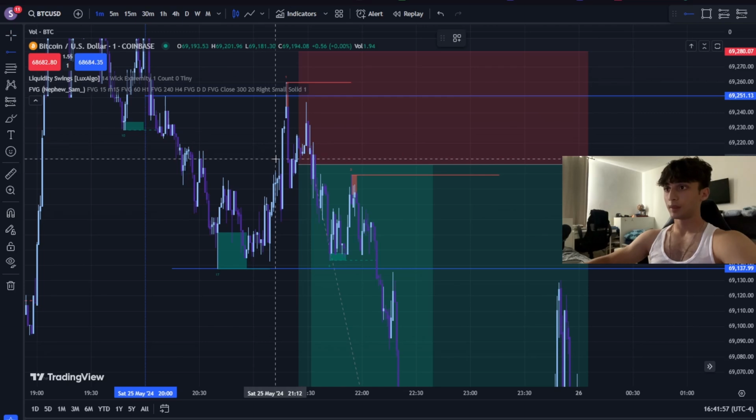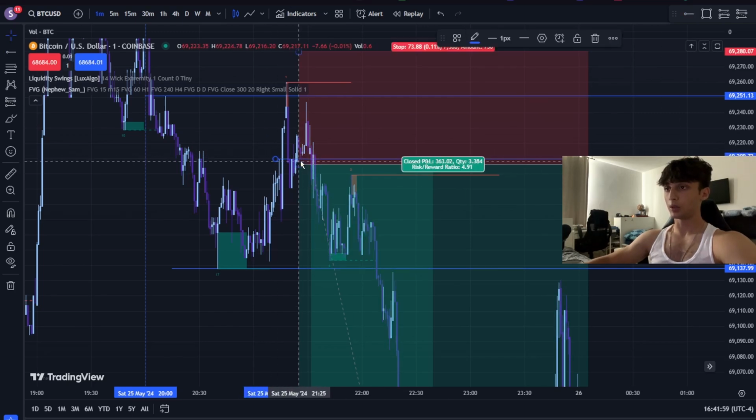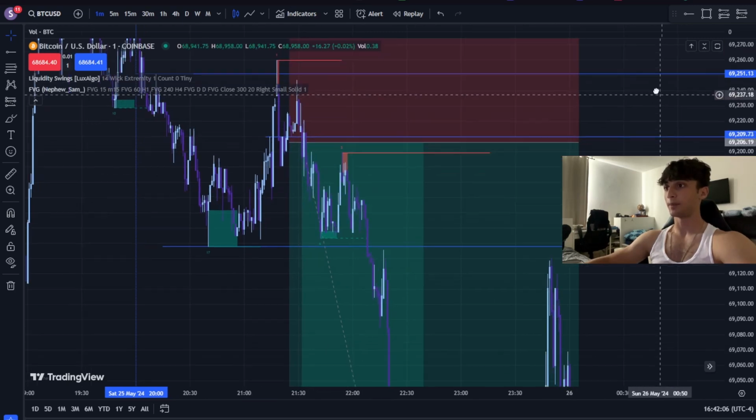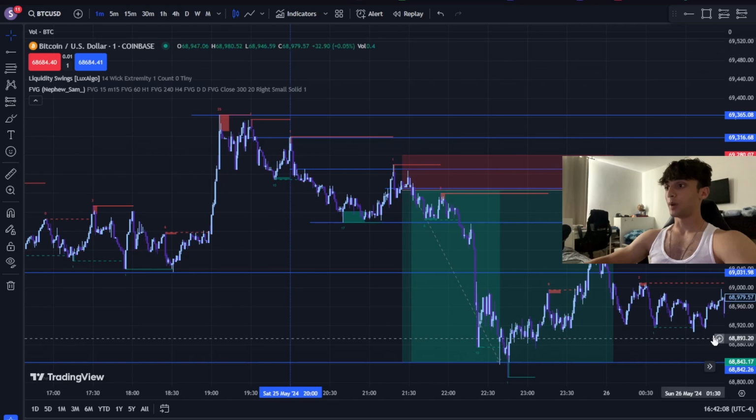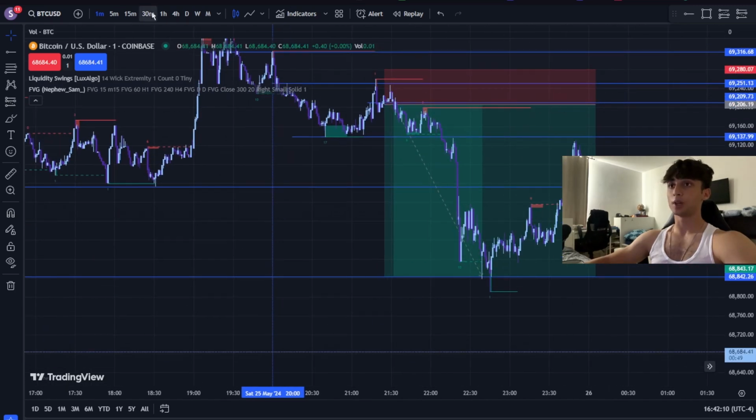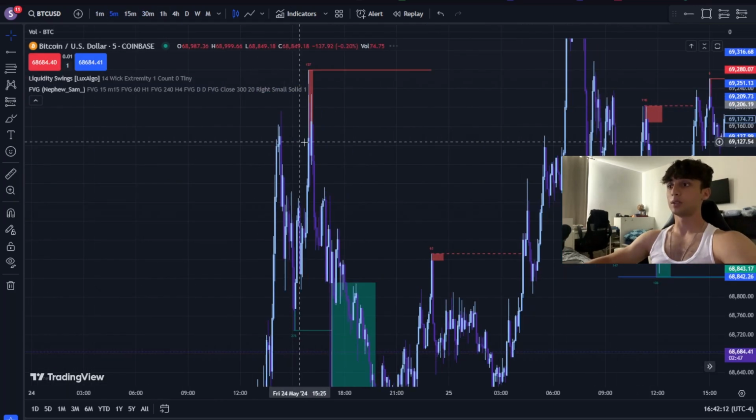As you can see, there's a low. There's a lower low right here, and it went and it closed below that. So that's when you go into the trade, when the candle closes below that. And then boom, as you can see, I sniped this trade. If you hop into the 5 minutes,